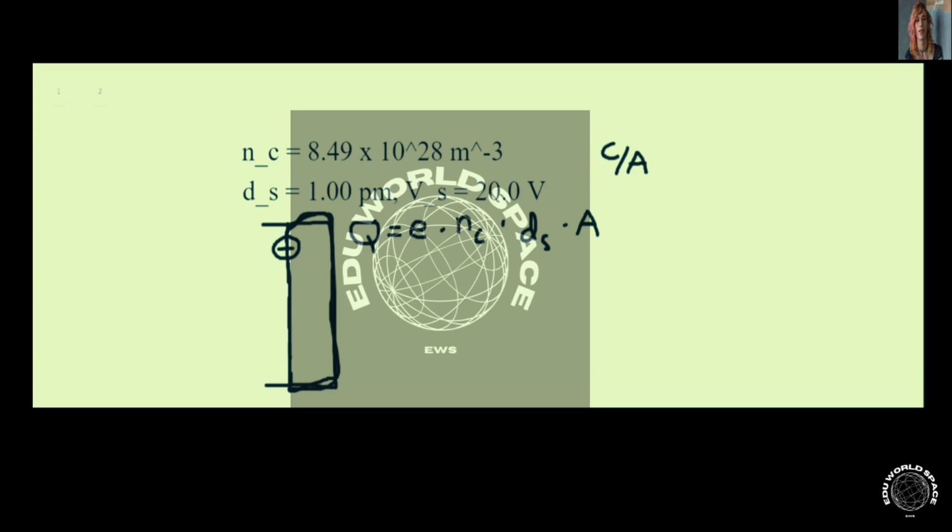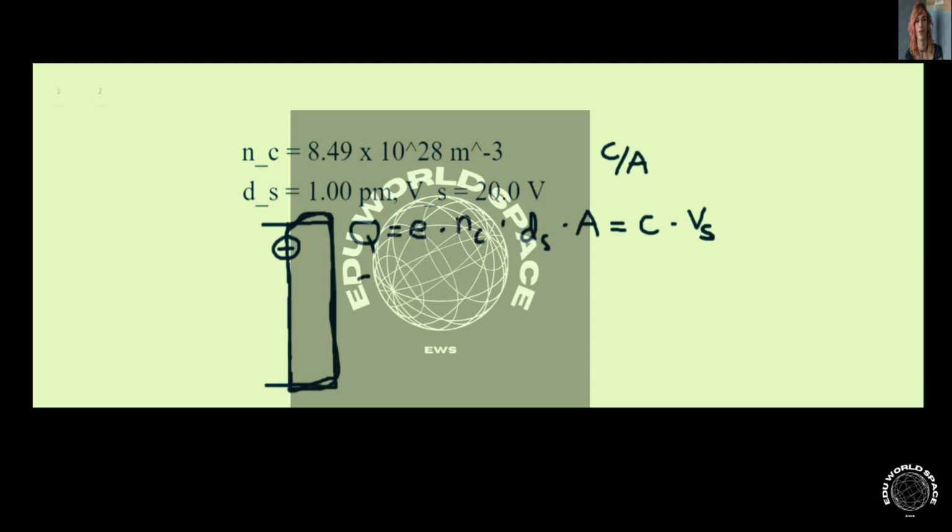And since by definition of capacitance, this is C times Vs. And so we can just calculate the capacitance from the definition Q over V,